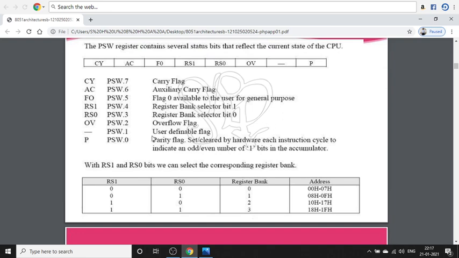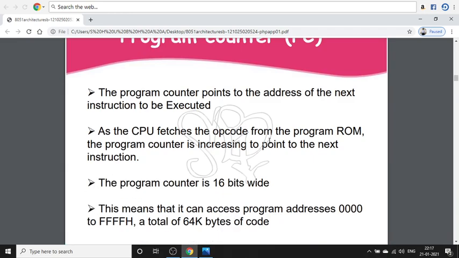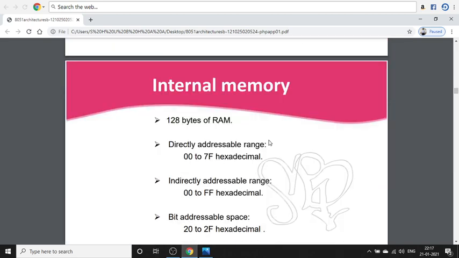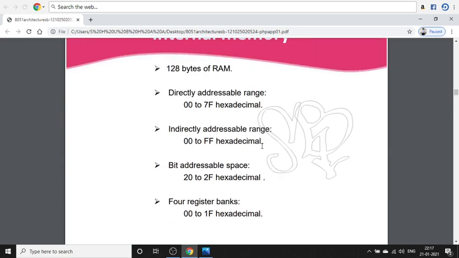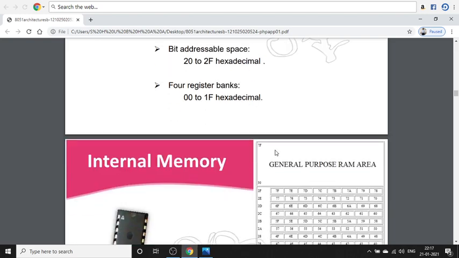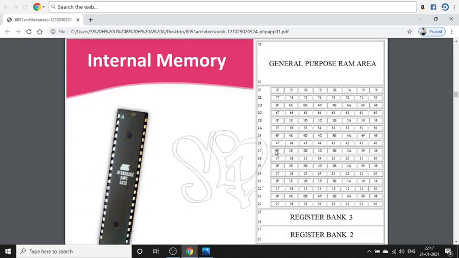See this one, register bank. Here we will be having 00 to 07H for the first bank register, 08 to 0FH. Like that we will be having 4 register banks from 00 to 1FH. So here we will be having these registers, internal memory from 00 to 1FH for the 4 register banks, and internal memory is for general purpose RAM, and it has 128 bytes of internal RAM.